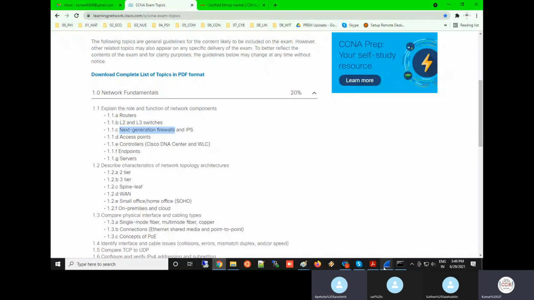Saif, tell me, what are the next generation firewall functions? If you see the diagram, you can tell me. I just sent it in Skype.